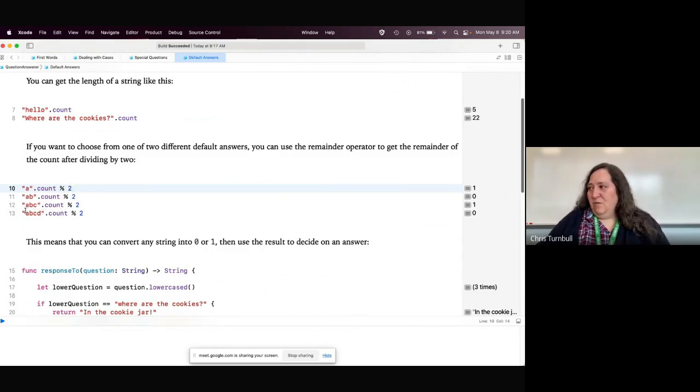Let's do a couple more just to make sure we're super clear on this. So we've got ABC, that's dot count, 3 characters long, 3 divided by 2. Again, we have a remainder left over, right? 2 goes into 3 one time with 1 remainder. So we get a 1. Same thing, line 13. If we do the same process, not the same answer, but the same process, we have